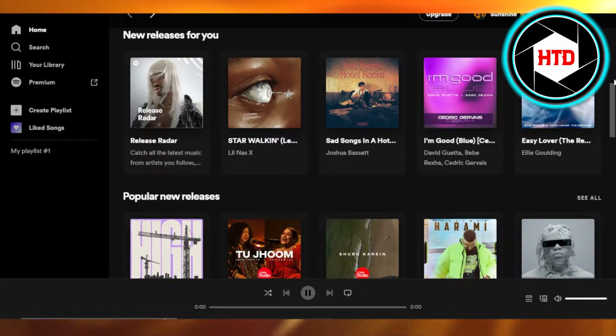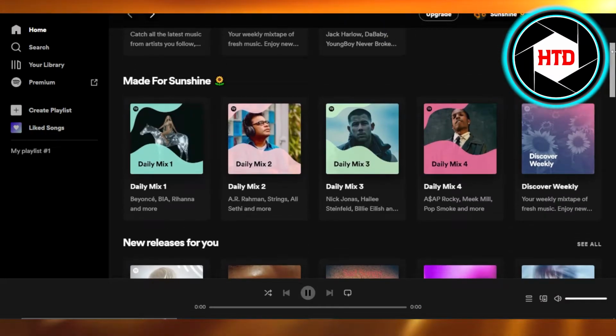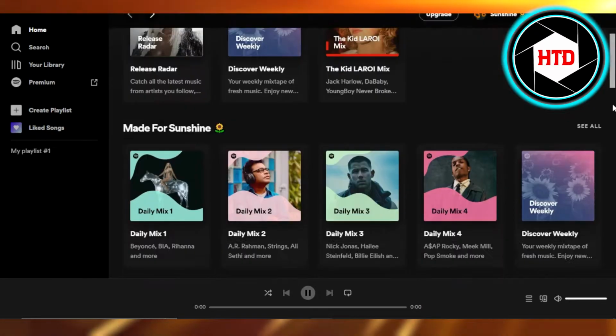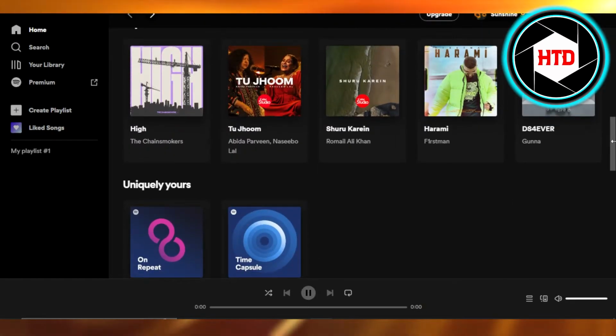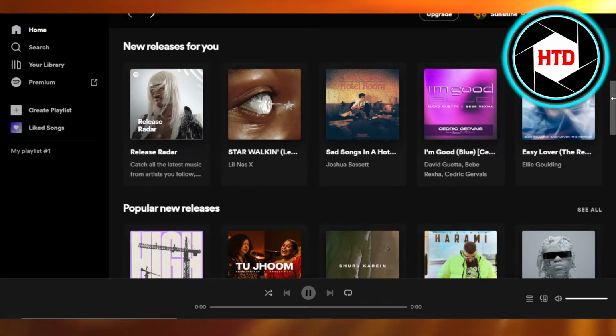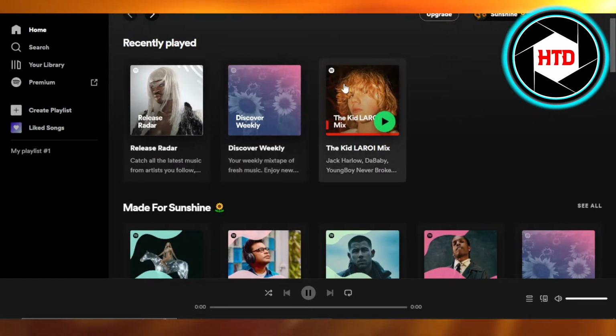So let's get started. I have opened up the Spotify app on my laptop, or you can also open it up on your PC, and this is where you will get. We want to enable the option of local files, which means it will show us the files that we have in our laptop or in our computer, different MP3 files or different songs that we have that are not on